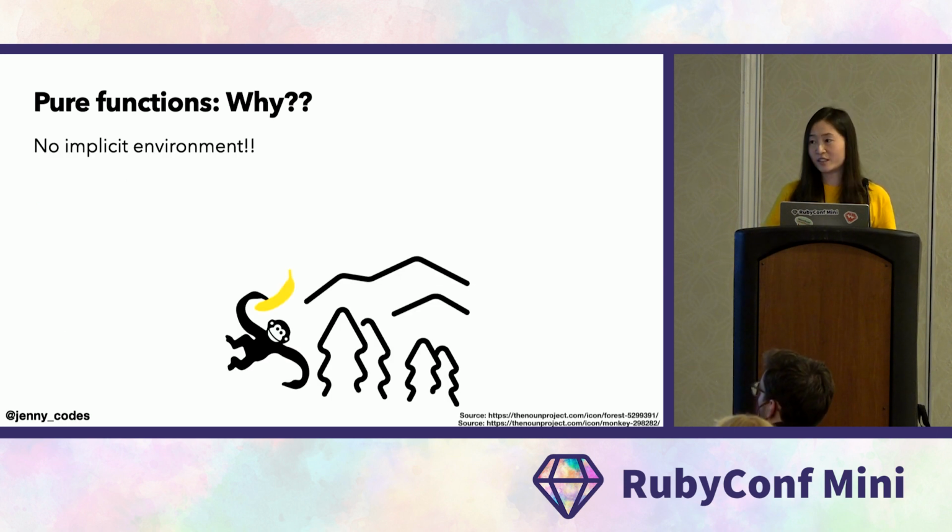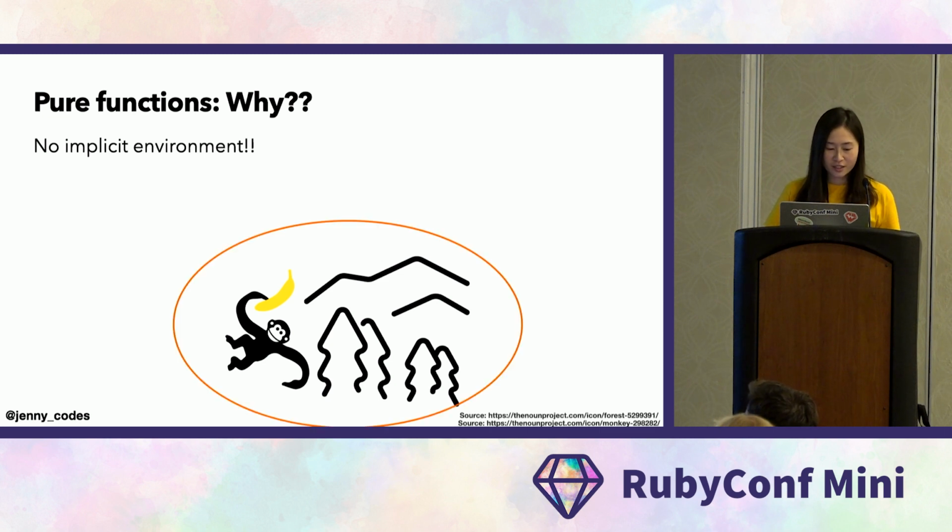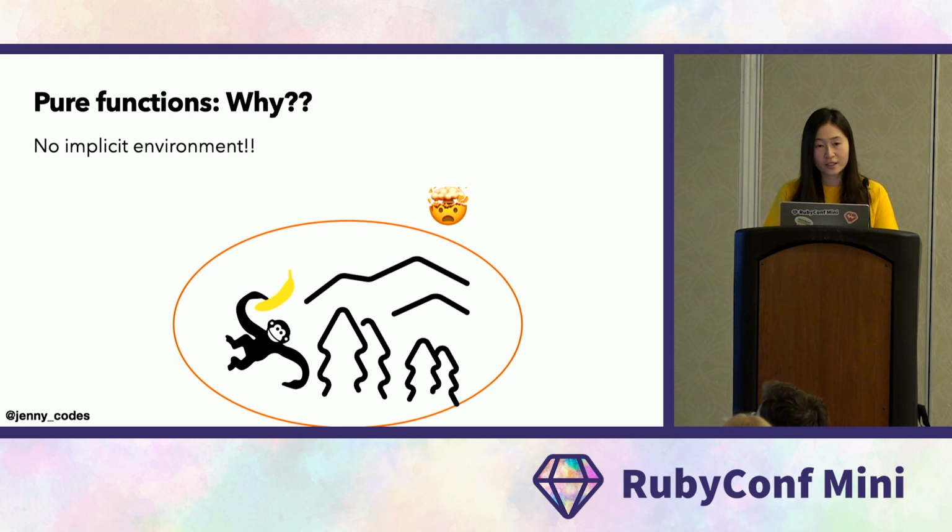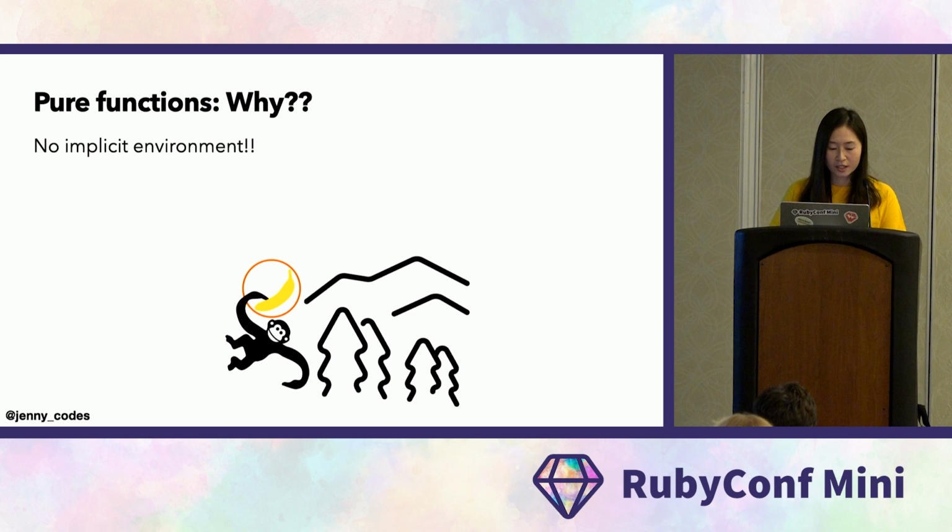No implicit environment is a big deal, because let's think of this orange circle as what loads into our brain. And we see the problem with implicit environment is that although we only care about the banana, we need to load a lot of things into our head all at once. That can be overwhelming and distracting from our purpose. If we don't have implicit environment, we are able to shrink our focus to one small chunk of a problem at a time. And that brings a lot of advantages.